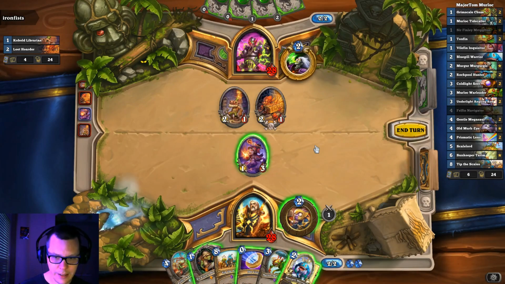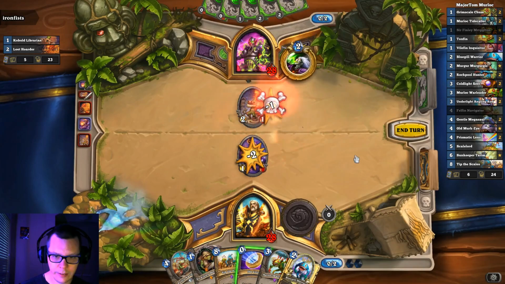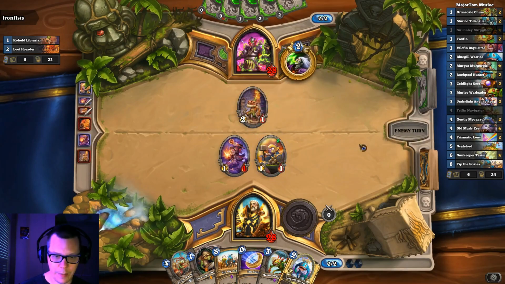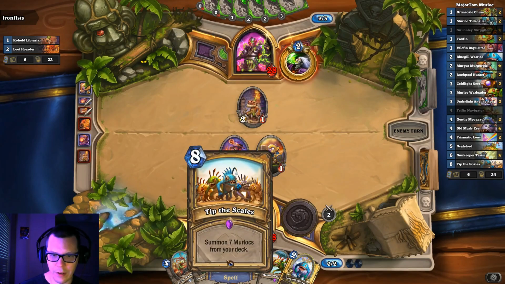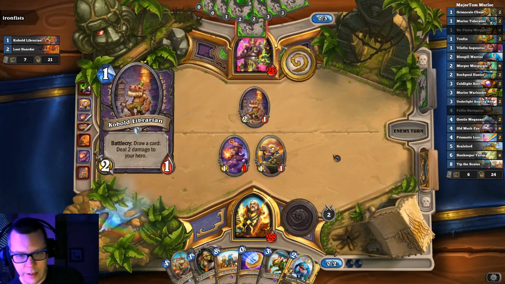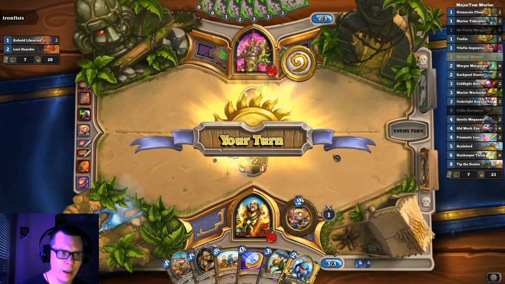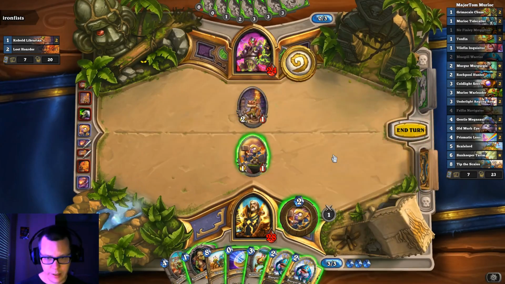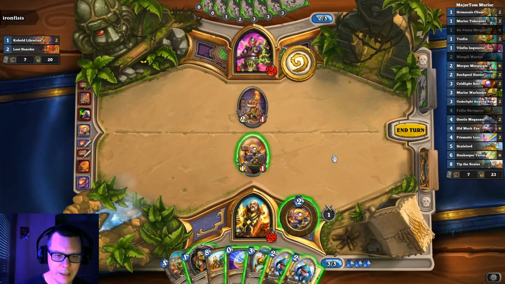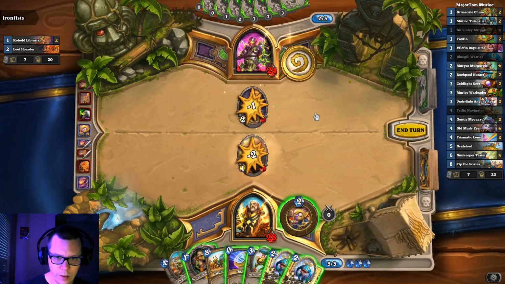Now in this case, I'm actually going to go like this, and I'll keep my coin. Tip the Scales. It's unfortunate that we drew it, but if we ever make it to turn 7 without giving up to Giant Taunts, we might consider coining it. However, I just noticed that's a Loot Hoarder, so this is in fact a Mechathune Warlock most likely. So I'm going to go ahead here and do the trade,